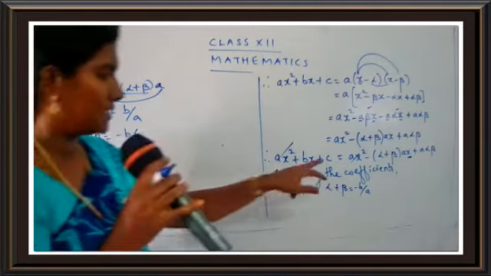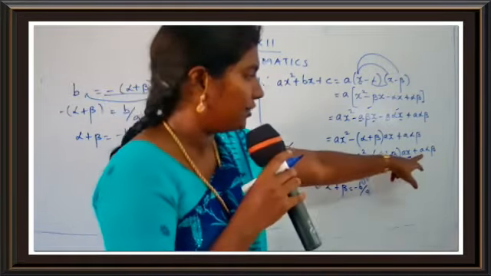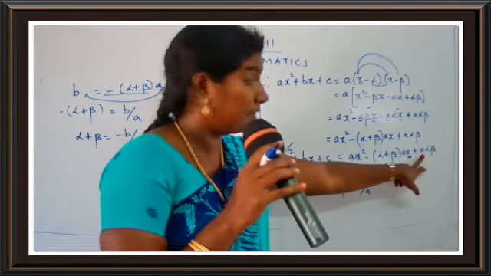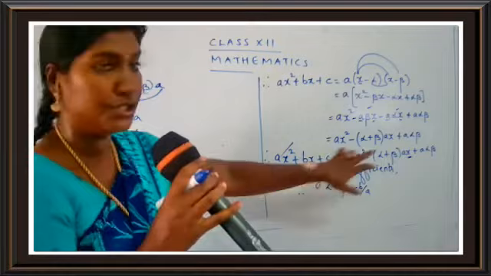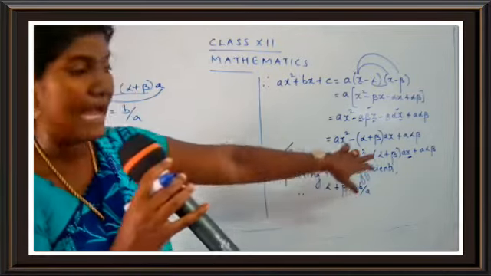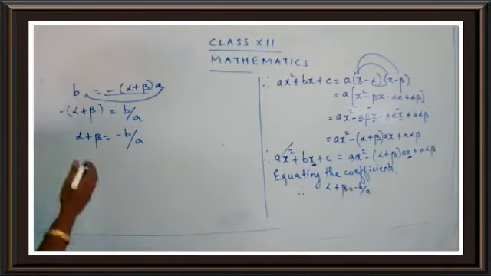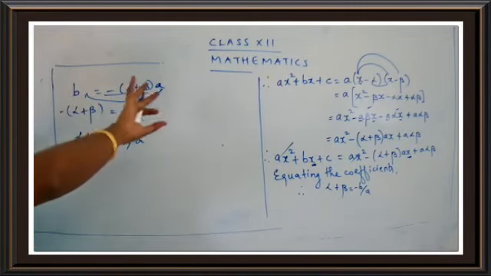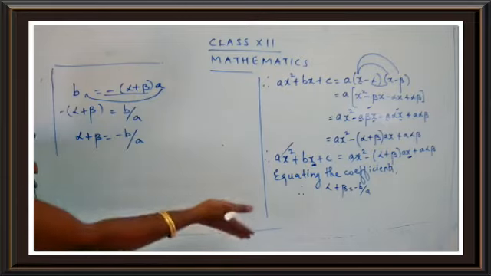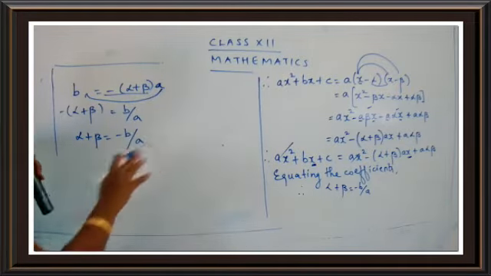Here you have a constant term which is C, and here you have a constant term. What is the constant term here? It's A into alpha beta. So now you are going to equate these two things, that is C and A alpha beta. I have told you to do this in your rough part, children. You can just show it in the right corner. Suppose you are doing the sums in the left corner, you can show this work in the right corner.